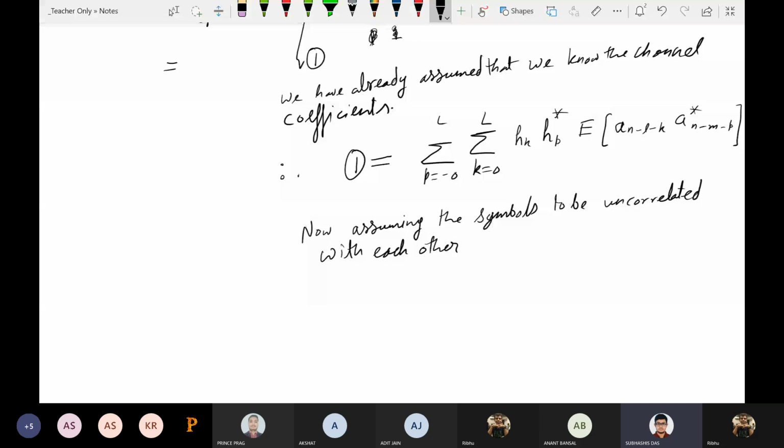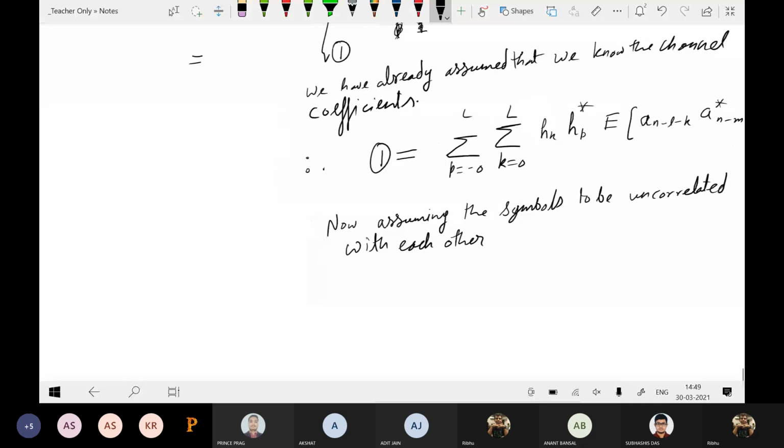Yes, sir, this is required, uncorrelatedness is required out here. So you are sending multiple data symbols. So if, so simply considering